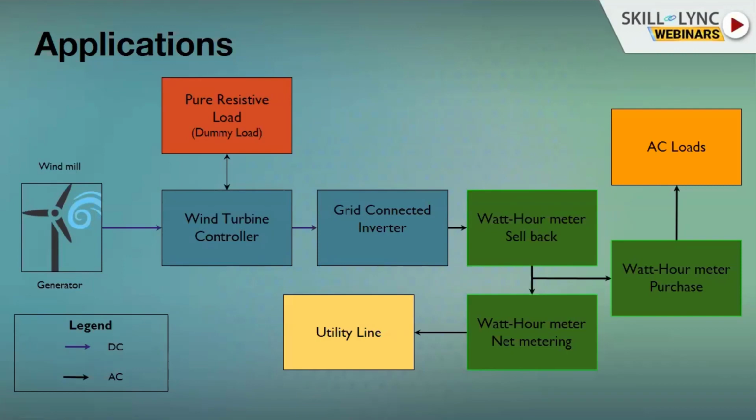Boost means increasing the voltage, or bucking means decreasing the voltage. So this would be easier for us, and we use an inverter over there to convert DC to AC. So AC is at the end of the inverter, which could be given to AC loads directly, or it could be given to your utility line. So each of those loads has its own meter for measuring the total amount of energy involved.